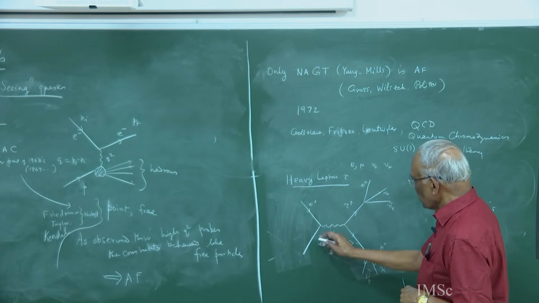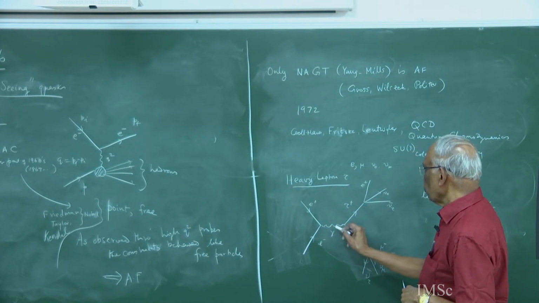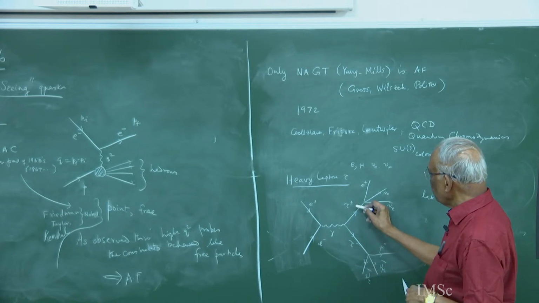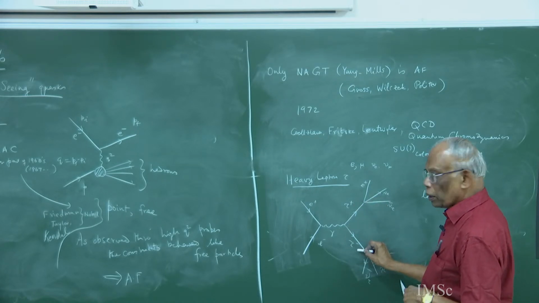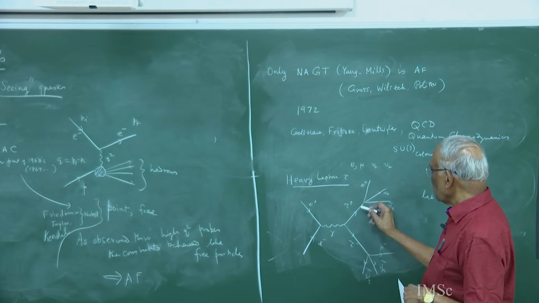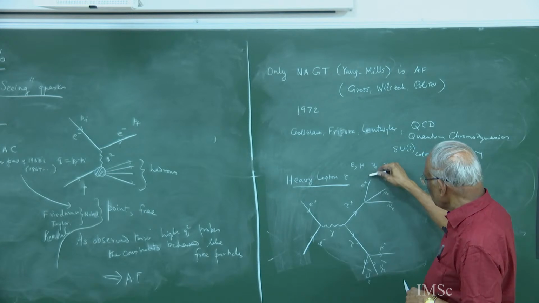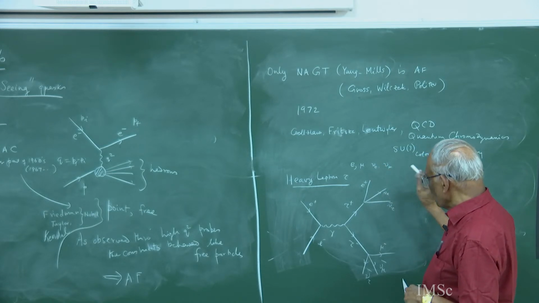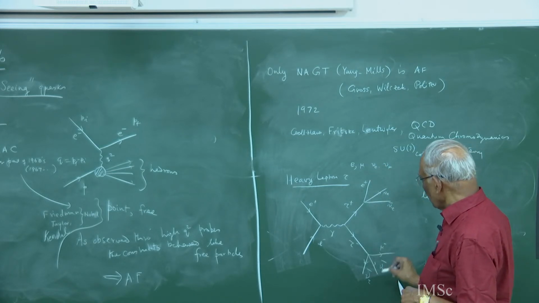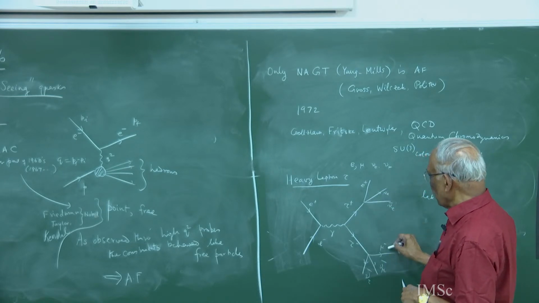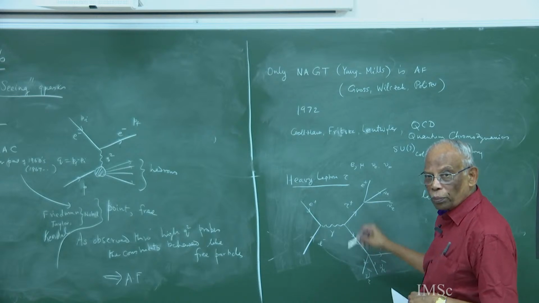Yeah, e+ e- come and collide and give a virtual photon, and the virtual photon materializes into two particles, tau plus and tau minus. Tau plus decays into a positron and two neutrinos, and tau minus also decays into mu minus and neutrinos. This could be mu plus and e minus, or both could be mu's, both could be e. All these were